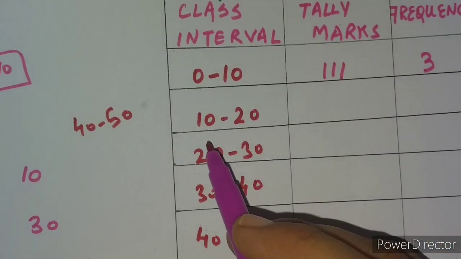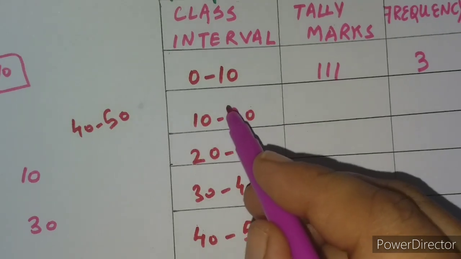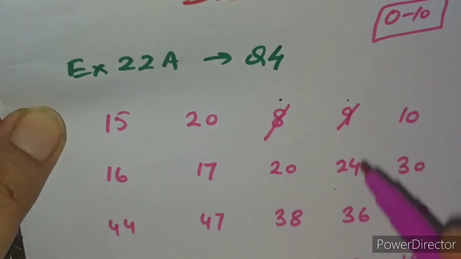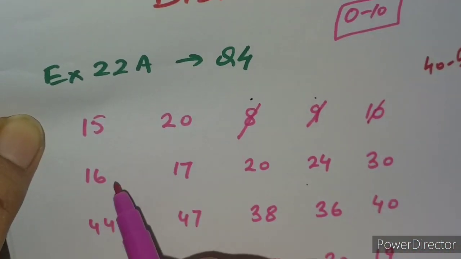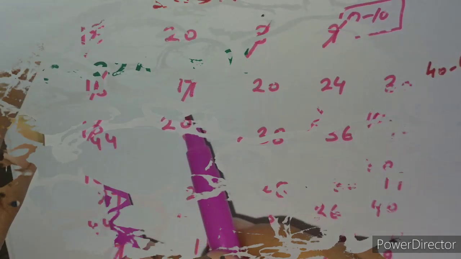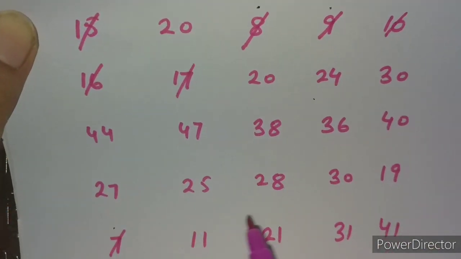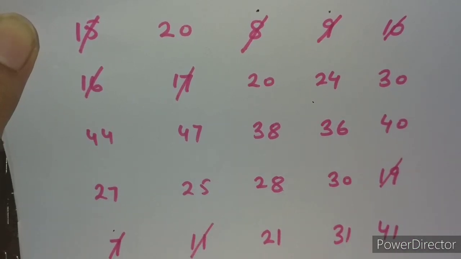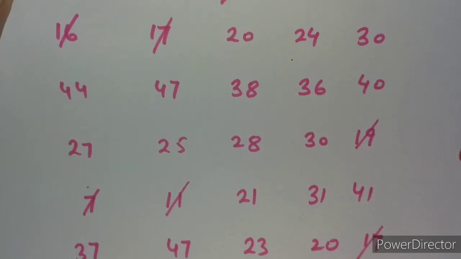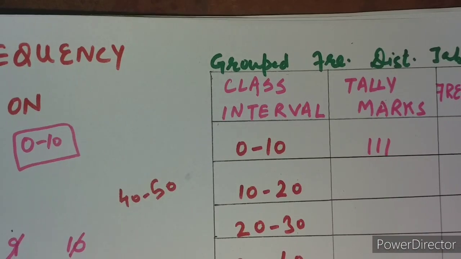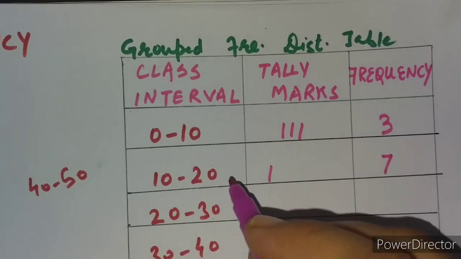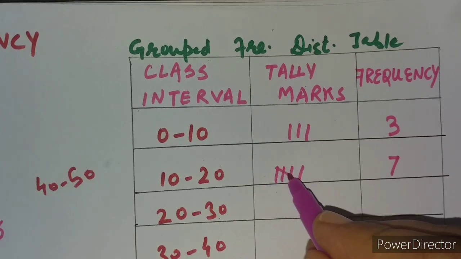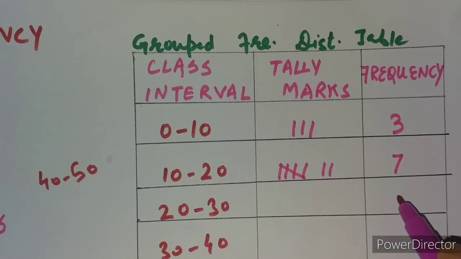Then next comes counting from 10 to 20. 10 to 20 means we will count only the numbers from 10 to 19. So we will start searching. First one will be our 1, and here also we have got 2, 3, 4. Then we will keep on searching. Then we have got 5, 6, and 1 is here, 7th number. So that will be the frequency 7, and just see how to write its tally mark. 5 plus 2 will be our 7. So this is our 5, and 2 more lines will give us 7.